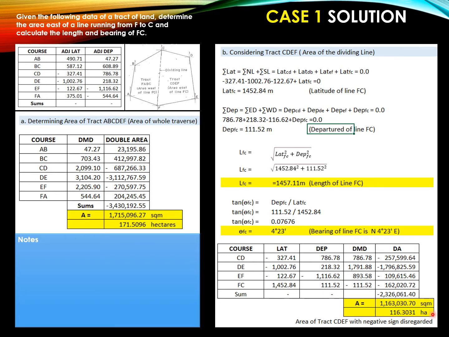In square meters and in hectares. So case 1 is easy, so you can carry this. And then, next case is,